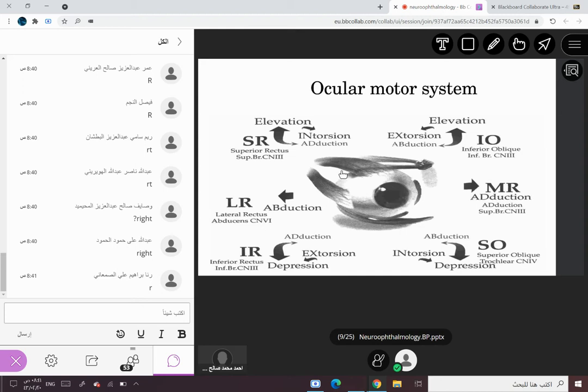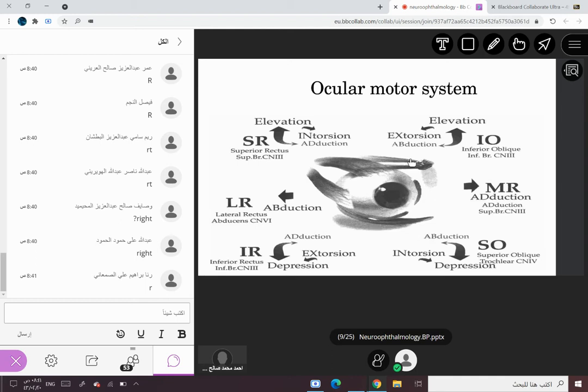In this picture, it will help you in understanding the innervation, the action, location, and everything. This is the medial rectus, this is lateral rectus, this is superior rectus, this is inferior rectus, and